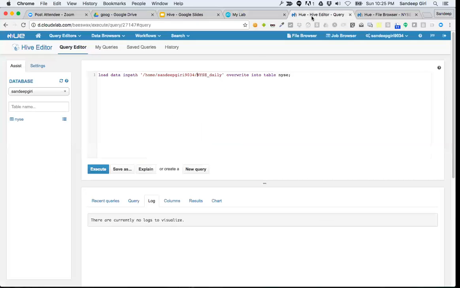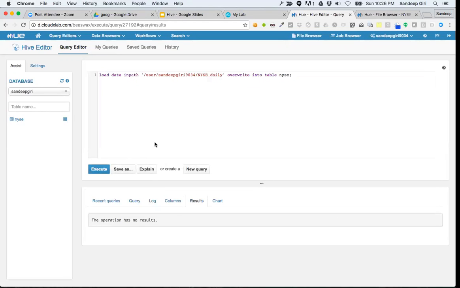Okay, 9034. Okay, let's try again. No matching file. Okay, this is user, sorry. All right, replace the username with your own user. Okay,